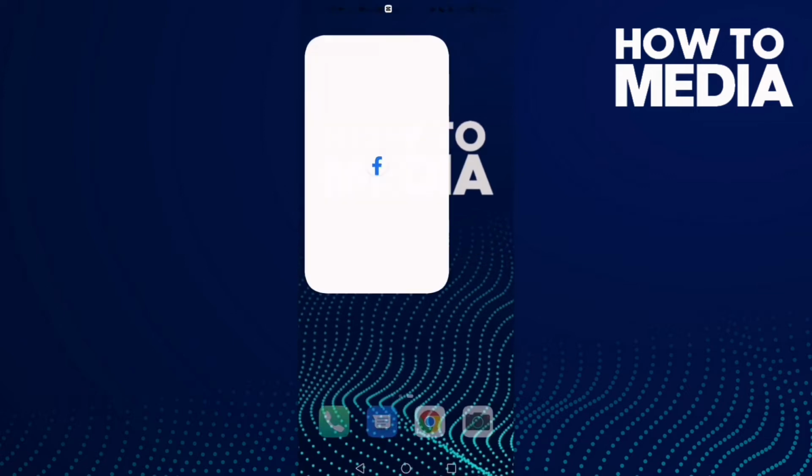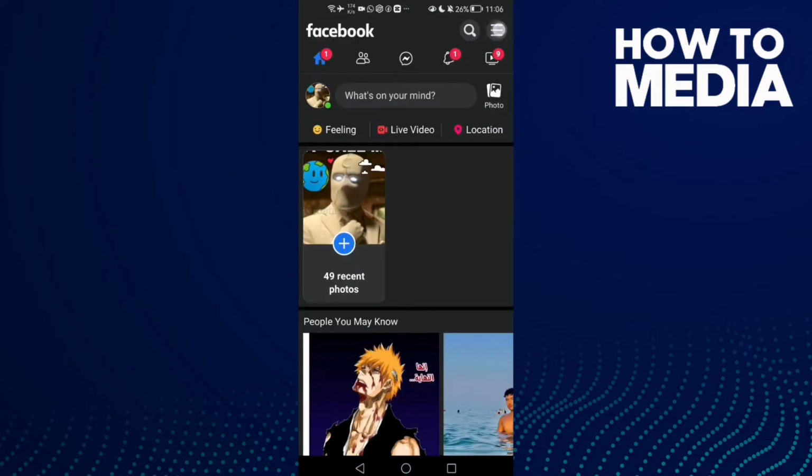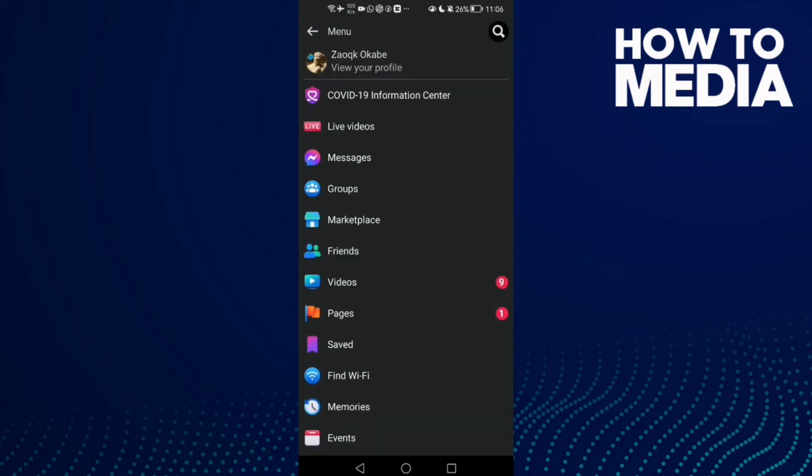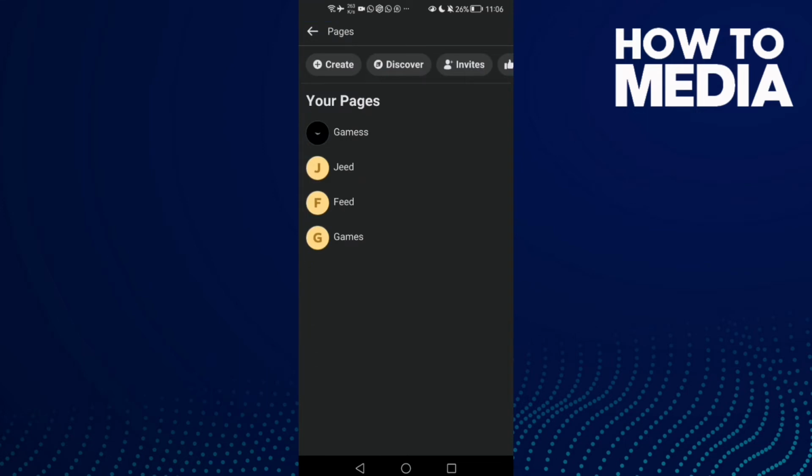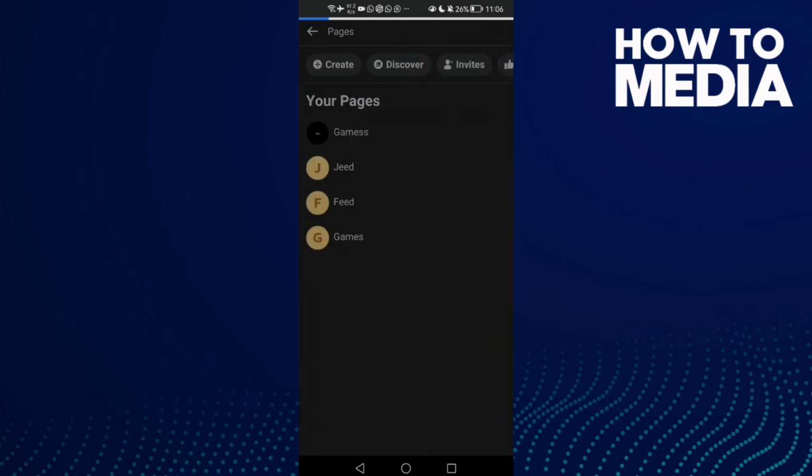First thing, go to Facebook Lite. Here you will find these three lines in the top corner. Click on it and then scroll down until you find here pages and then select your page,